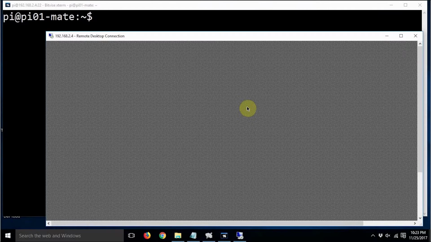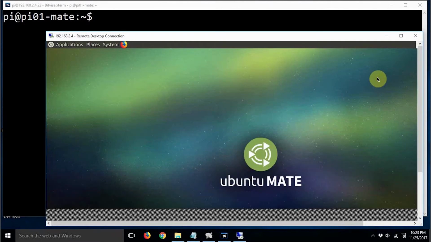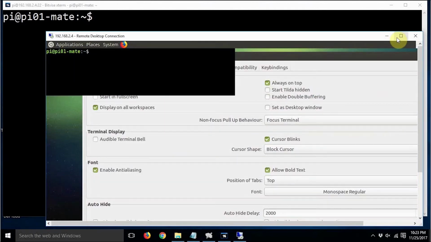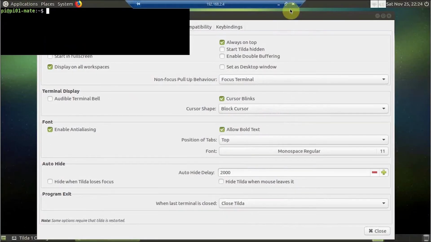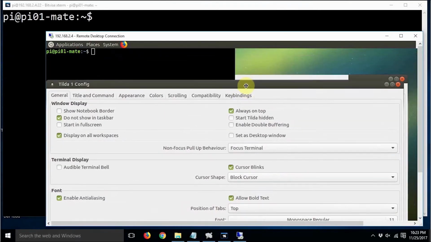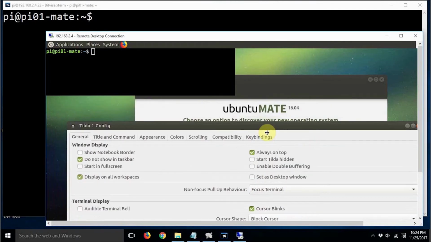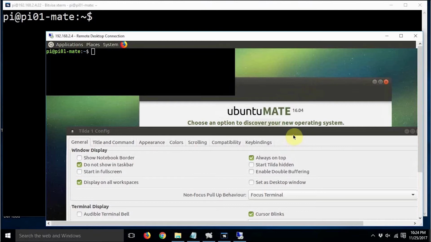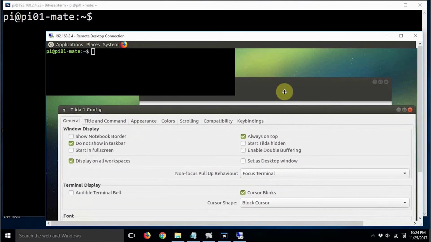The connection succeeded, and here you can see the remote desktop of the Raspberry Pi. Here we can see so many options. This is the welcome screen, and this seems like a raspi-config.